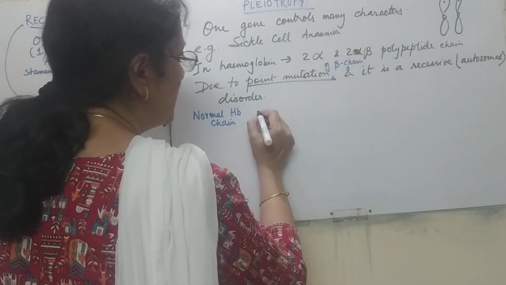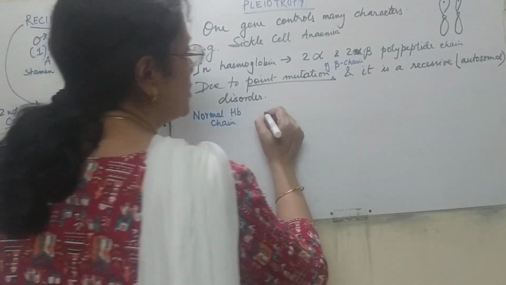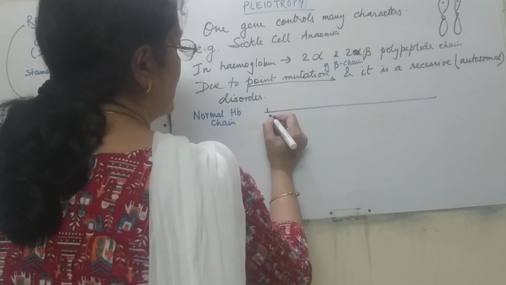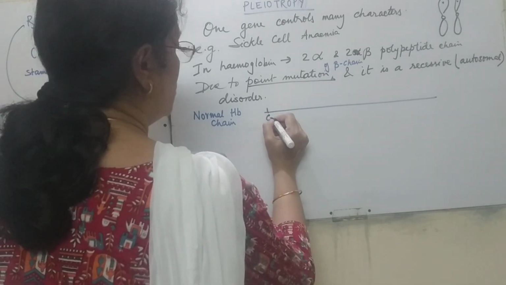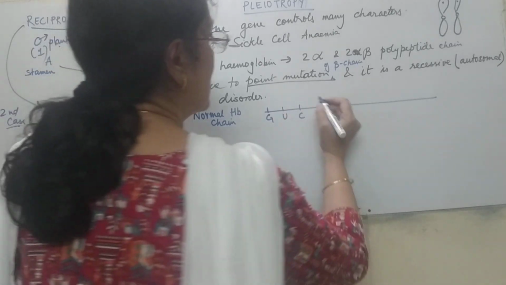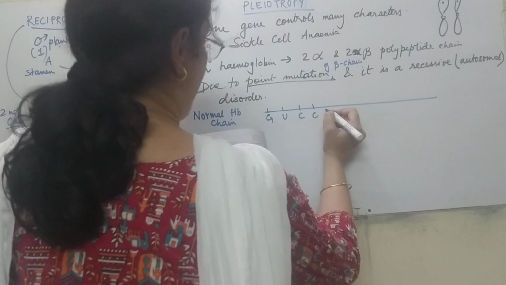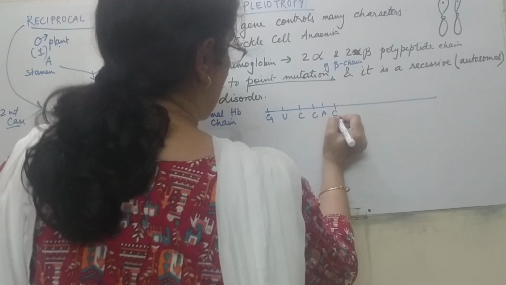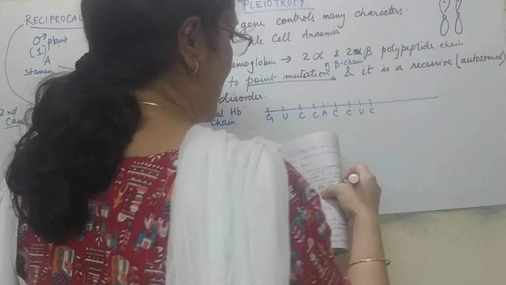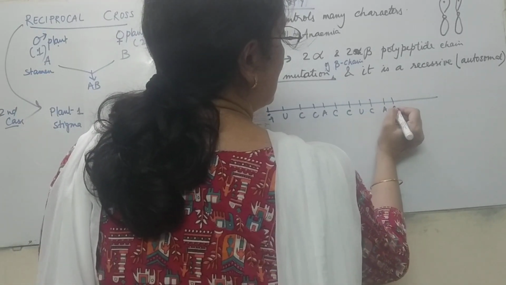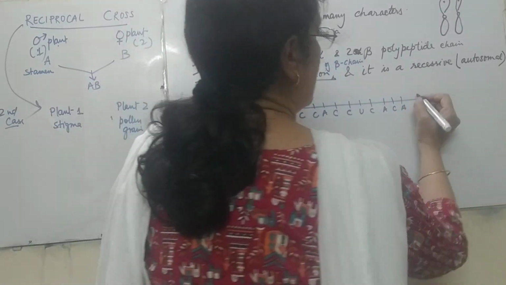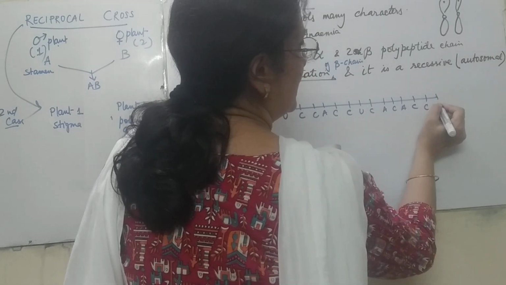A normal hemoglobin chain has these nitrogenous bases: let's take G, U, C. Then you have C, A, C. Then you have C, U, C. Then A, C, A, and C, C, G,